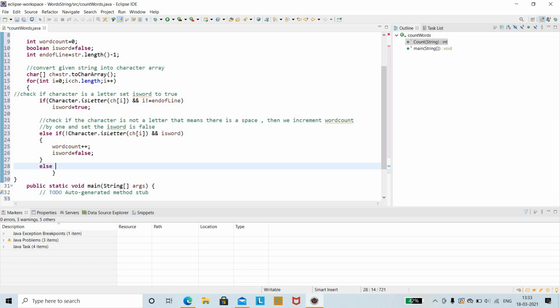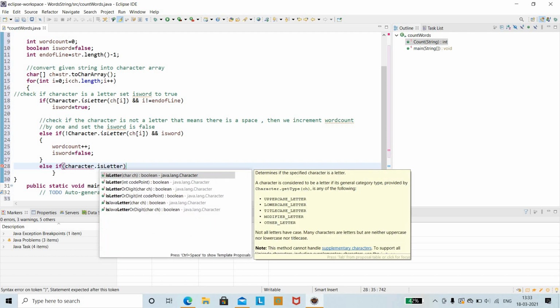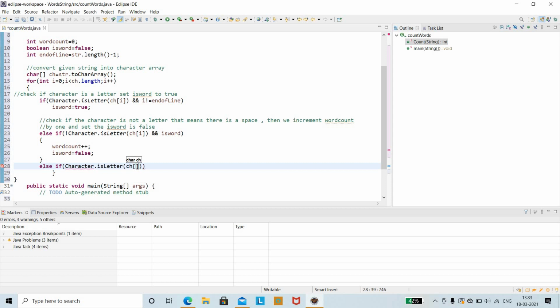So for that, again include else if: else if Character.isLetter(ch[i]) and i is equal to end of line. Then what you are going to do is i is equal to the end of line.